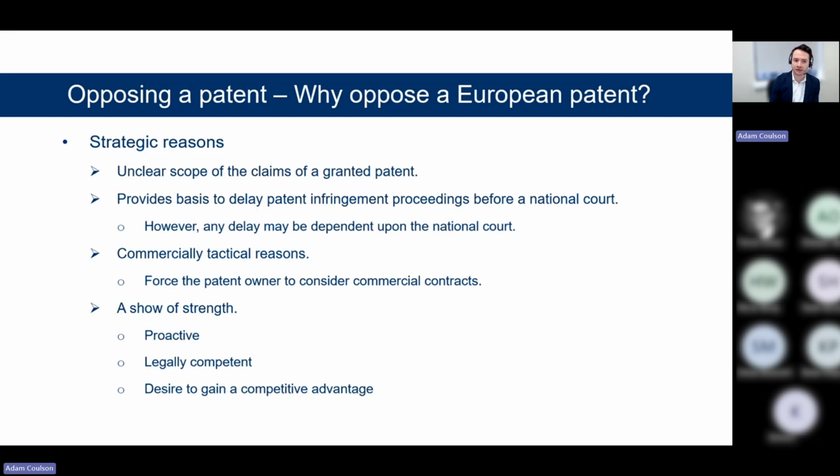Filing an opposition can be costly, but it may show to your competitors that you are aware of and actively monitoring their commercial activities and are willing to take legal action against them. Filing an opposition may be considered to be a sign of a company's strength, representing a proactive, strategic and high-stakes approach to market competition. An opposition may be used as a tool to show you are technically and legally competent, willing to defend your market share, and wanting to clear any obstacles to innovation and gain a competitive advantage.